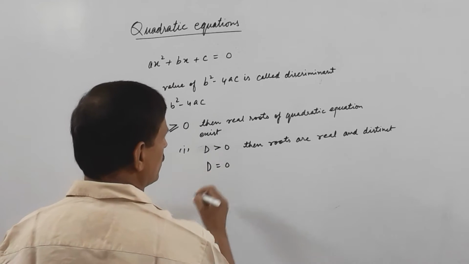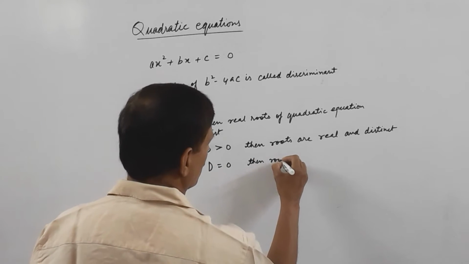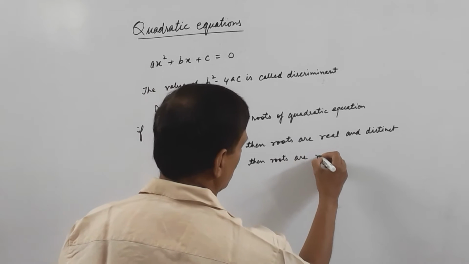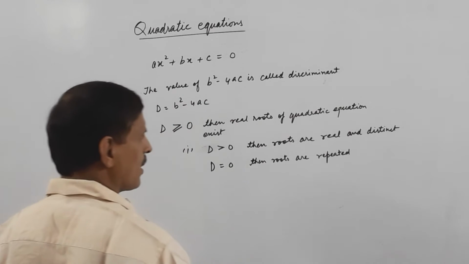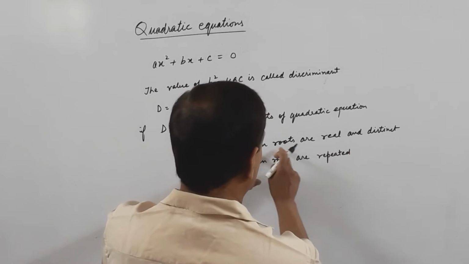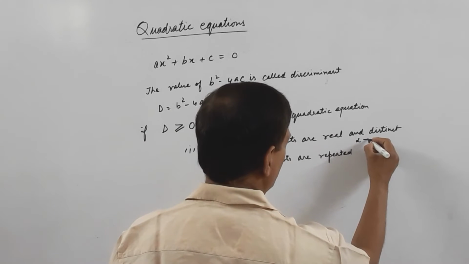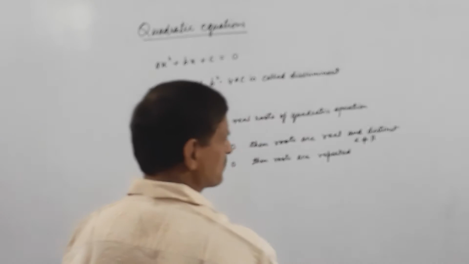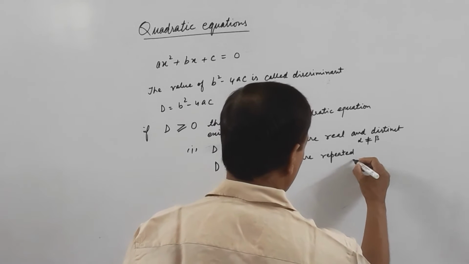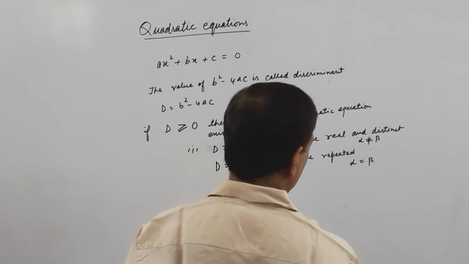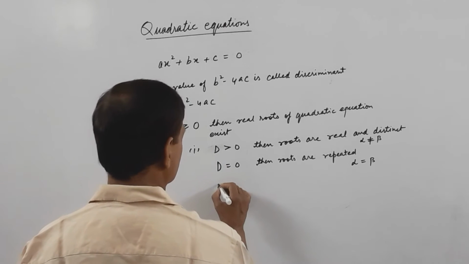If D is equal to 0, then roots are repeated. The meaning of this statement, roots are real and distinct, means alpha is not equal to beta, and roots are repeated implies that alpha and beta are equal. And if D